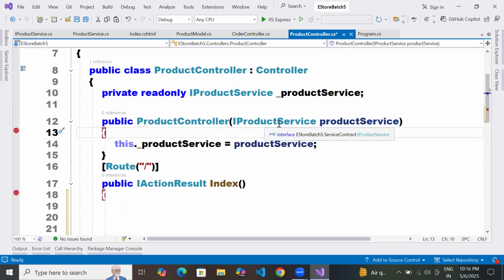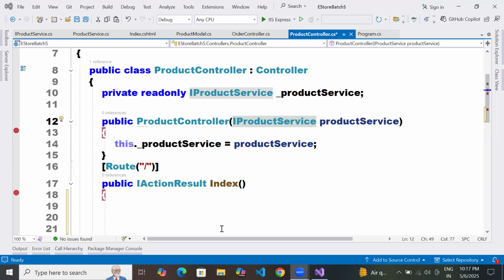Sir, I have one doubt. Who's that? Anjali here. Yes, Anjali, please. Now in program.cs we are creating an object of IProductService. There we are also mentioning for which class we are creating that object.